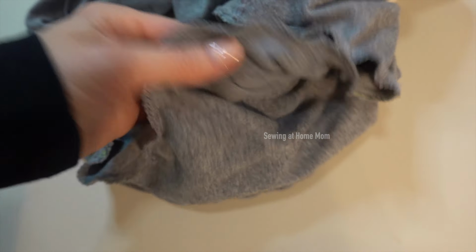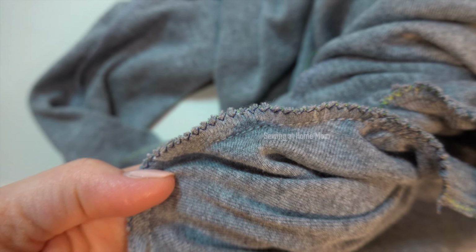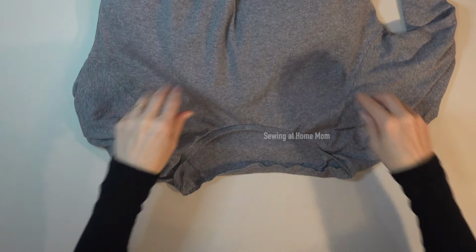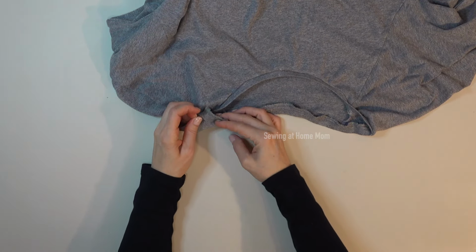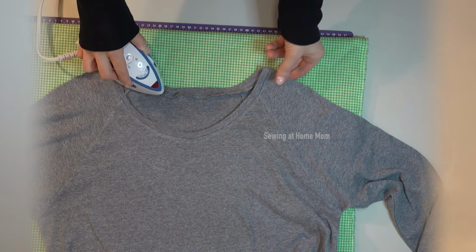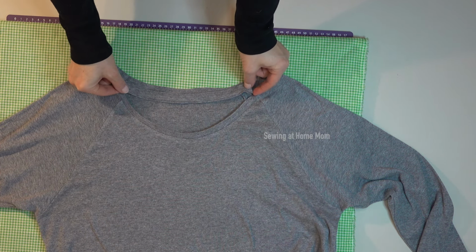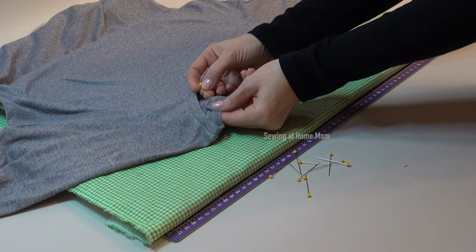Oh, just look at it, it looks perfect. I purposely used two different contrasting colors so you can see it better. Okay, now is the time to turn the shirt right side out and press it down the neckline gently with the right iron settings. I press the new neckline all around and I reattach the binding tape and label